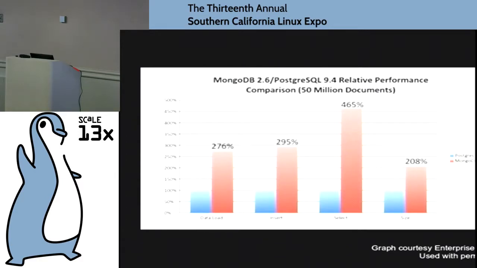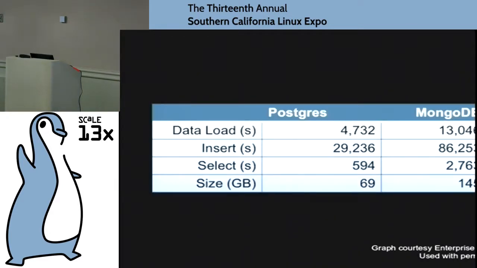These are some benchmarks that EnterpriseDB did, comparing a very simple sort of document database and doing basic insert, retrieve, and search operations on a single node Postgres versus, I think, a 3-node MongoDB cluster. Smaller is better on this, and Postgres was orders of magnitude faster. It looks a little bit better to see the numbers. That tells you a little bit more.